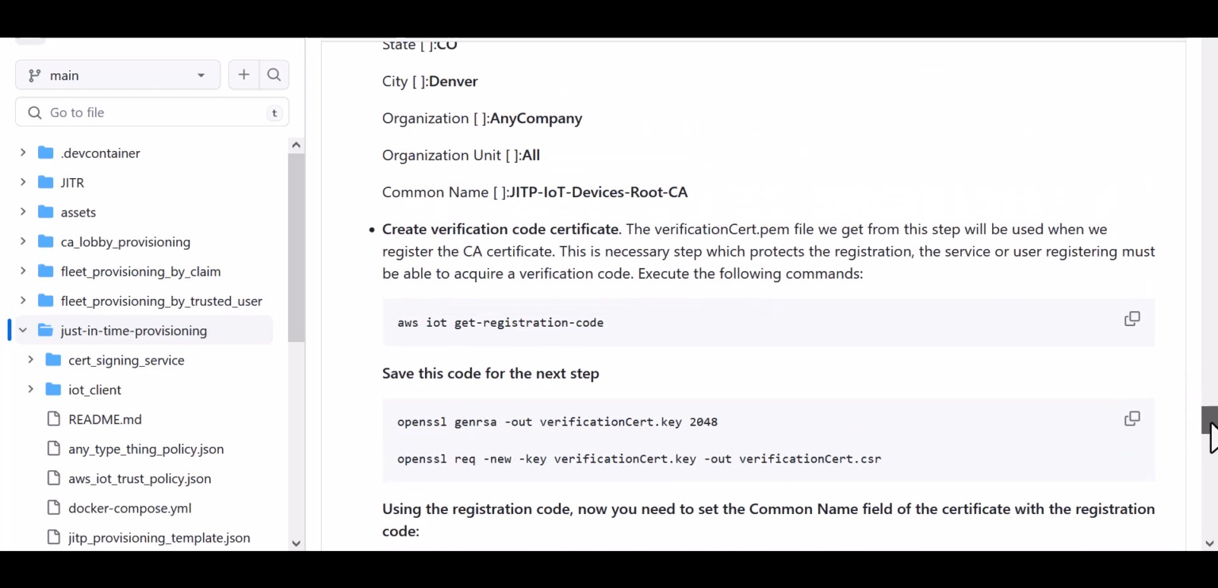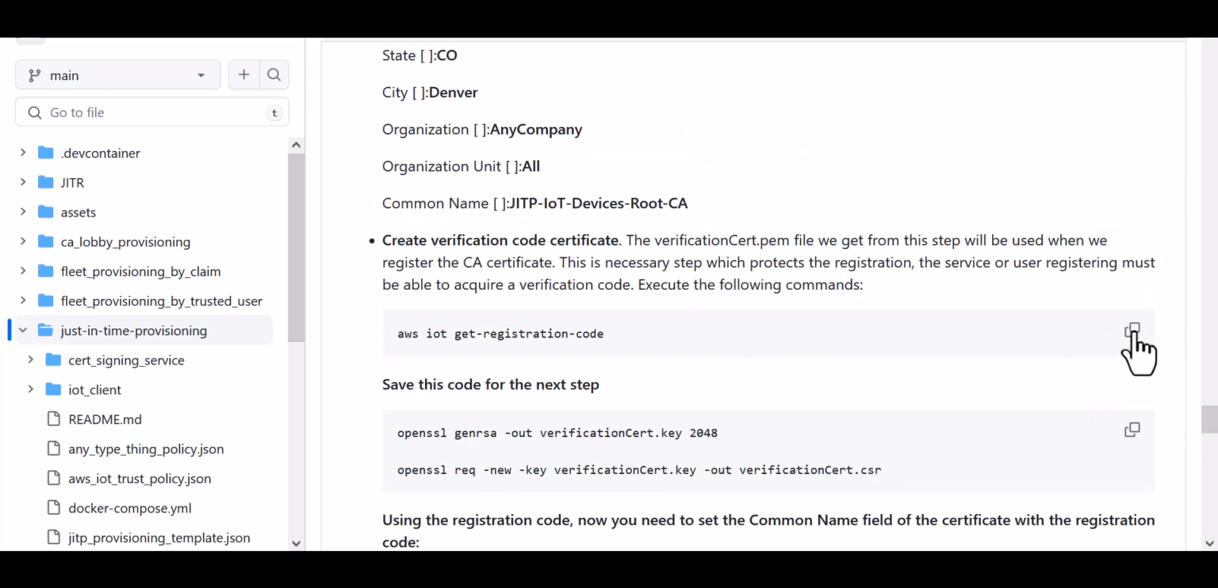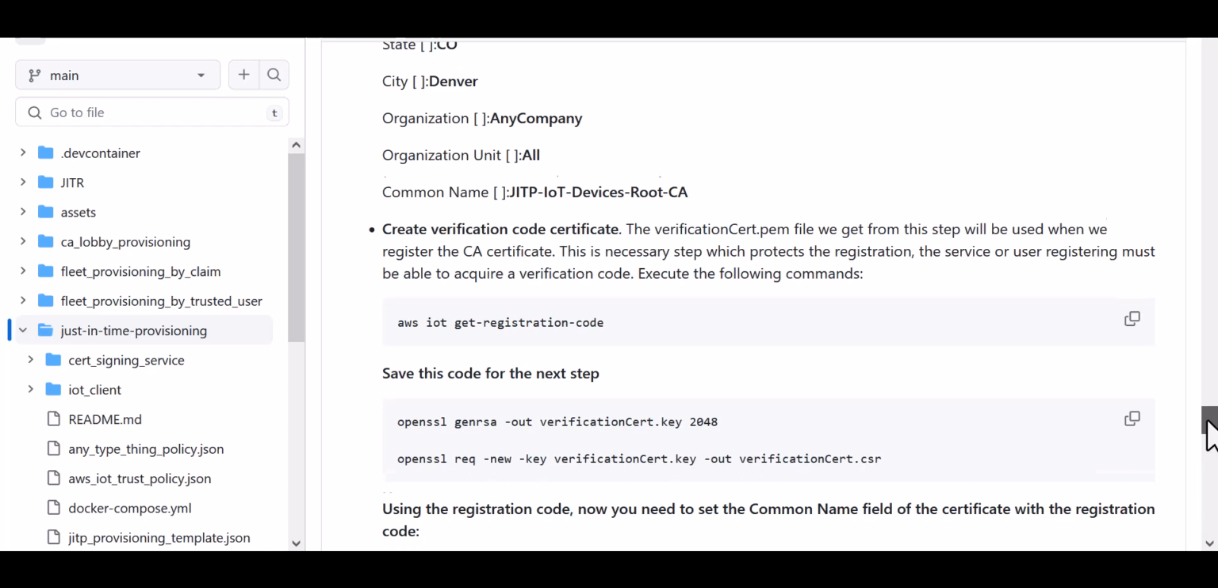So what we have to do here is, this is the first command. So pretty much here, what we're doing is we get a registration code from AWS IoT. And this is a step to ensure that only authorized users get a registration code. So this is something very critical whenever you define your security policies, right? So you have to make sure that only authorized users have permission to get the registration code, because this registration code is going to be collected, encapsulated in a certificate that we call a